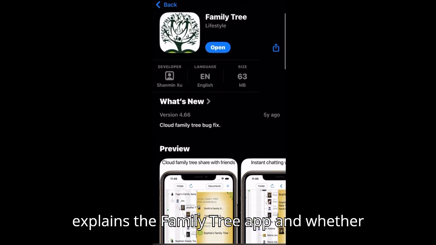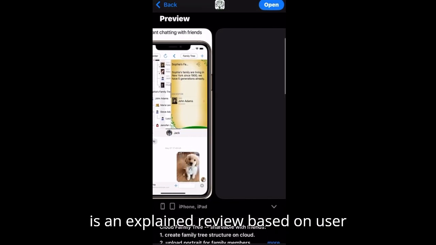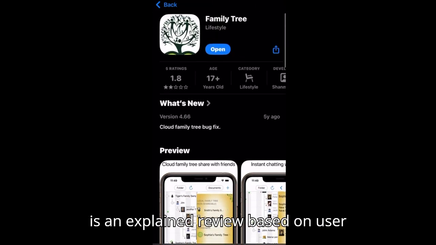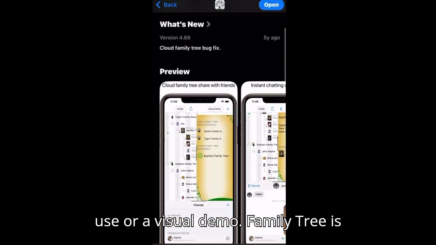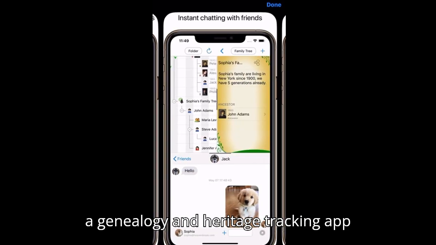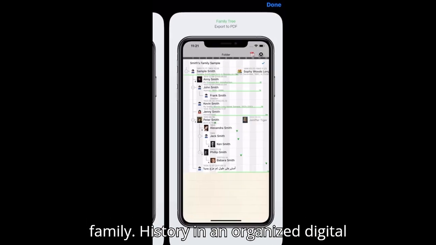This video explains the Family Tree app and whether it's worth using. Quick disclaimer. This is an explained review based on user feedback and online data, not personal use or a visual demo. Family Tree is a genealogy and heritage tracking app designed to help users document their family history in an